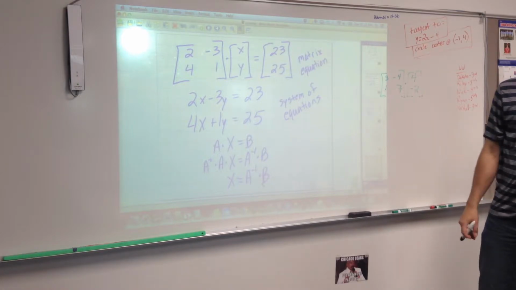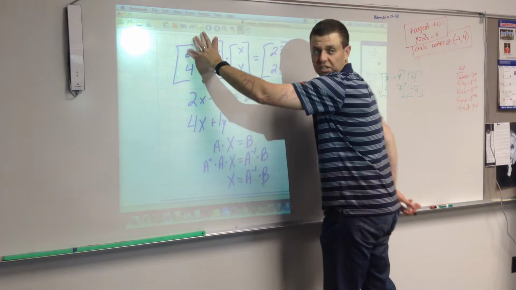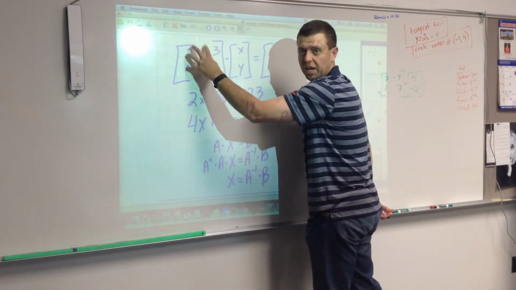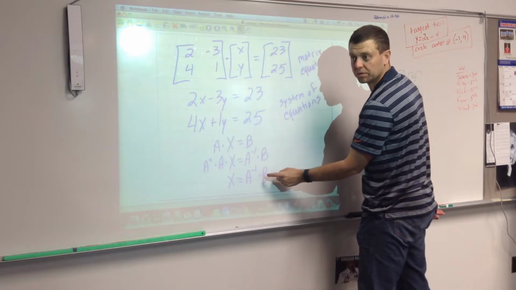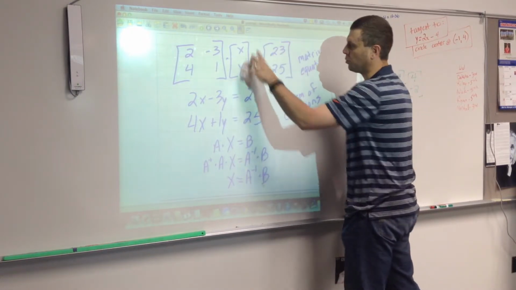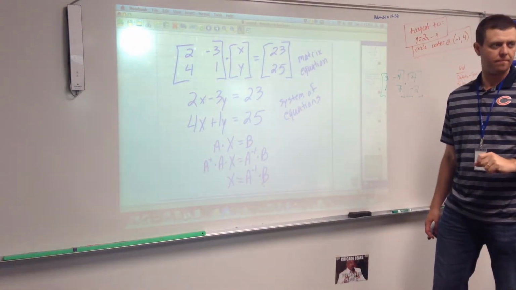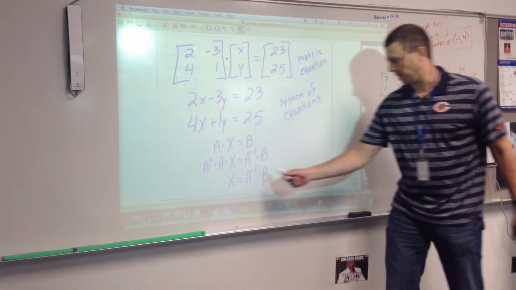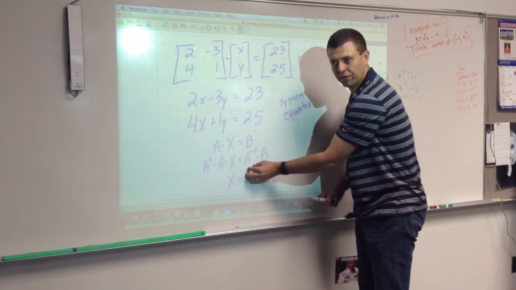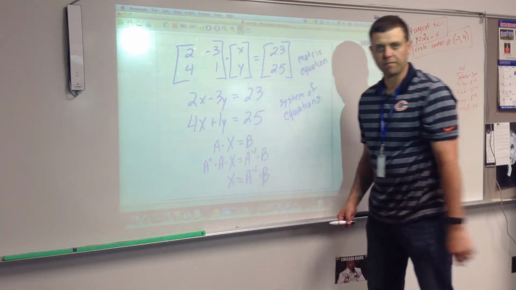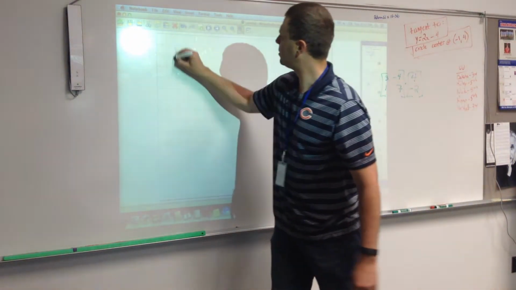So all you need to do to solve this is take the inverse of A, because this was A, right? Take the inverse of A times B, and you will have your answer for x and y. Okay? Matrix X, which is this matrix, X Y, will equal whatever A inverse is times B. Okay? So A inverse